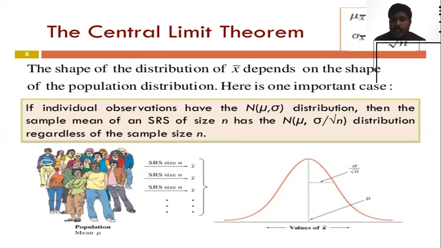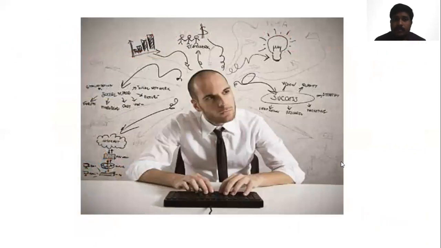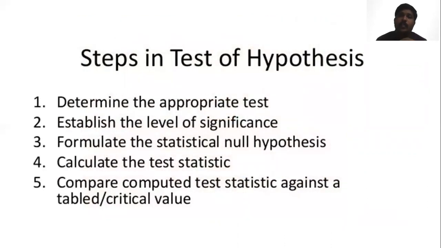Why do we call it the central limit theorem? Because the mu is the center point of the bell shaped curve. So now we have to think about how to test this sample, or how to analyze the sample, or how can we judge whether our sample satisfies the whole population characterization, and how can we conclude which of the given objectives we have to select. So for that we need hypothesis testing.